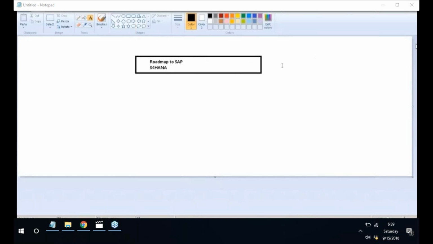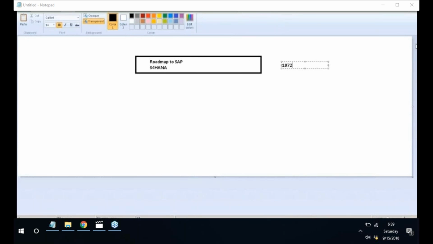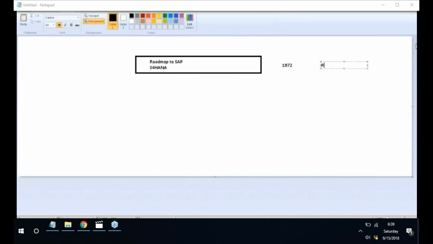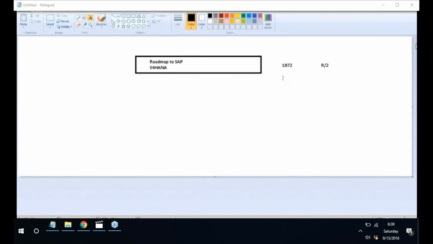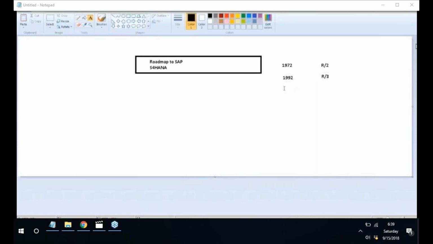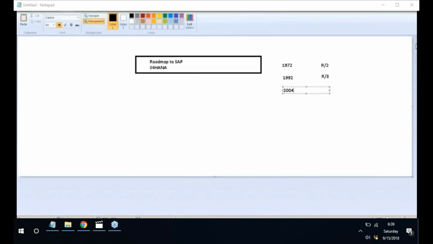As you know, the evolution of SAP started in the year 1972 based on R/1 and R/2. Participants, for 5 minutes I just would like to give you the introduction. And as you know, R/3 was released in 1992. In the year 2004,